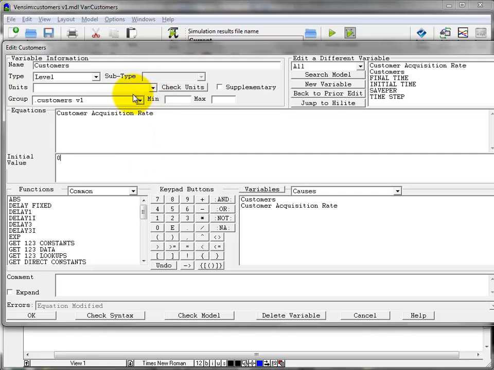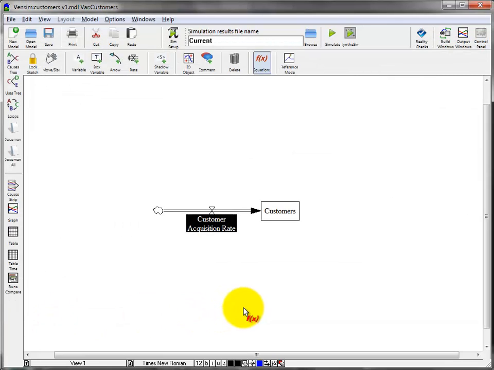Then there's one more thing we should do for good modeling practice, which is to specify units of measure for this variable. So I'm going to say that it's in customers, or maybe to be more generic, people. So I'm going to fill that into the units field. And when we're done, you can check syntax and everything's okay with this equation. I could also check the model, and it'll tell me that there are other undefined equations here. But I'm just going to hit OK. And now you can see that customers is no longer highlighted because we've defined that equation, and we just need to